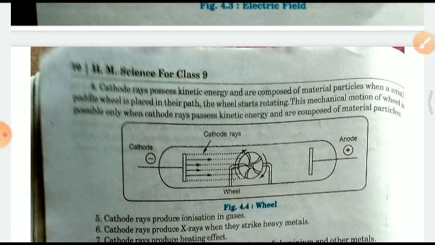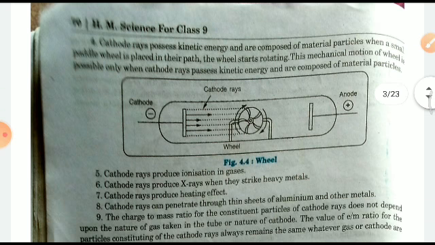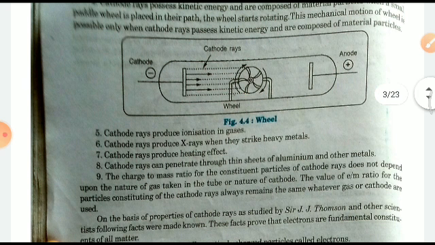right? Cathode rays possess kinetic energy and are comprised of material particles. When a small paddle wheel is placed in the path, the wheel starts rotating. This mechanical motion of the wheel is possible only when cathode rays possess kinetic energy, right? So that means cathode rays cause ionization in gases. Cathode rays produce X-rays. They also produce a heating effect, and they can penetrate through thin sheets of aluminium,